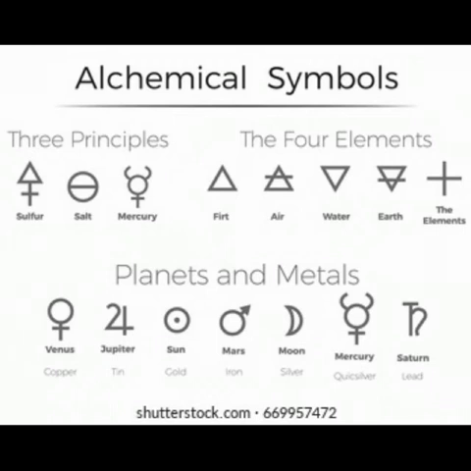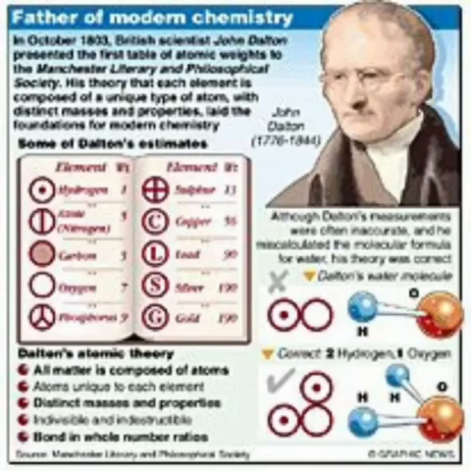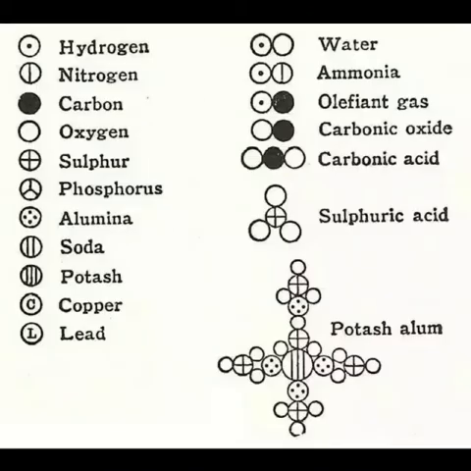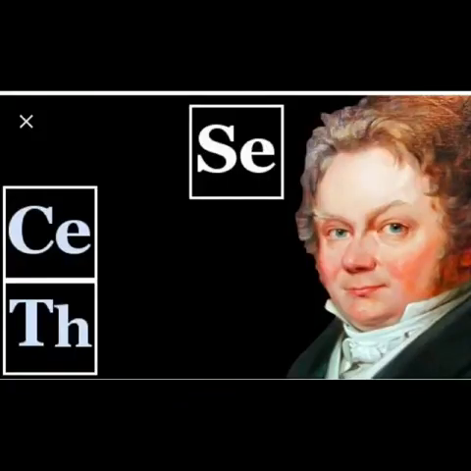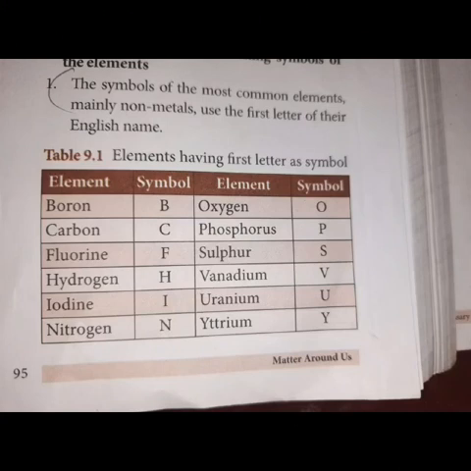Next, we are going to study the Dalton symbols. In 1808, John Dalton, the English scientist, tried to name the elements using various pictorial symbols. Those symbols are difficult to draw and hence they are not used. They are only of historical importance. In 1813, John Jacob Berzelius devised a system using letters of the alphabet rather than signs. The modified version of the Berzelius system is the one we follow now.